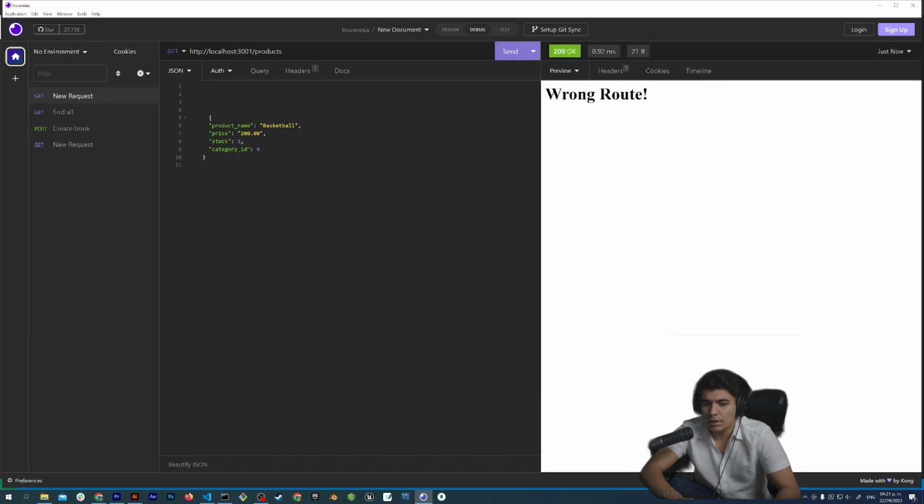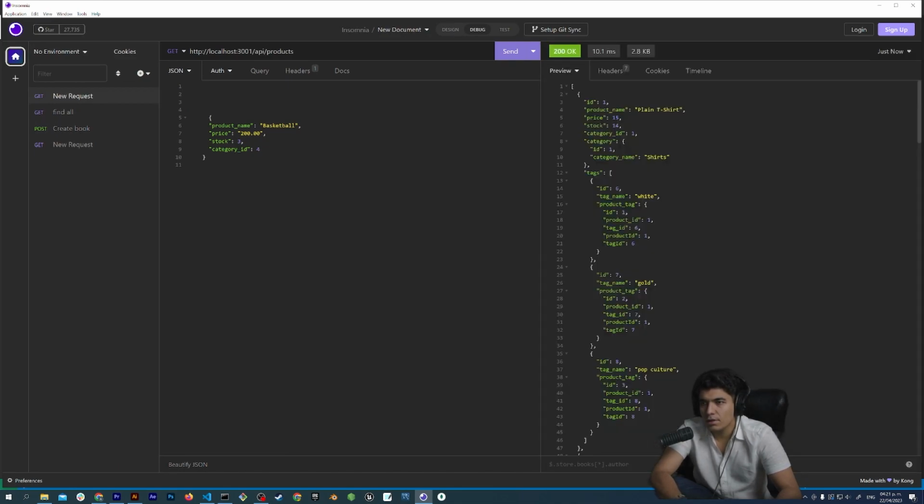So we need to hit the correct endpoint. So we hit /api/products, and now we have it. So let's say I want to create a new product, and we add product name. So we will type desk. The price is going to be set at 2,500 with only one in stock. Since this is a number, we don't use string. Category ID number 4, let's set it to 9,